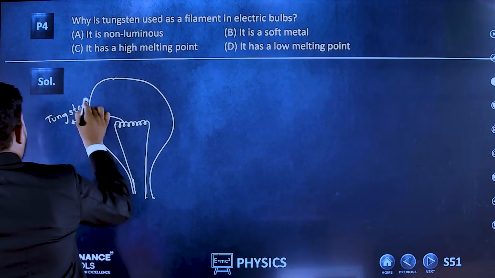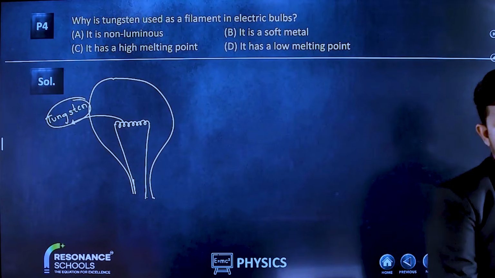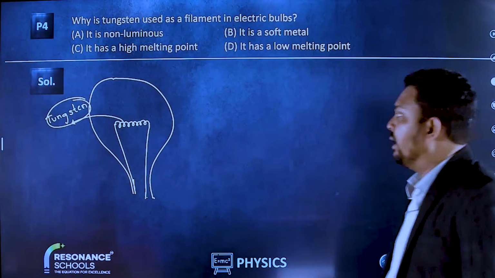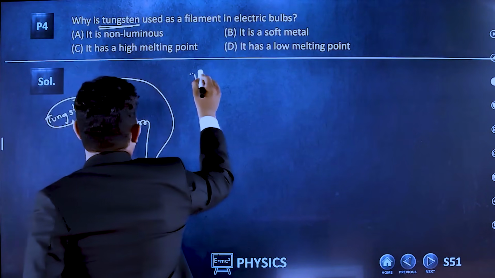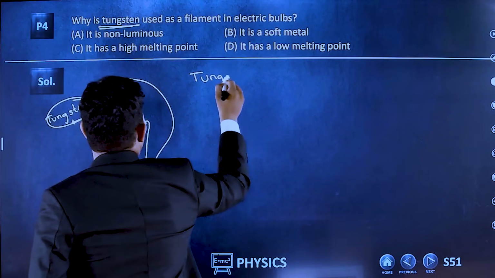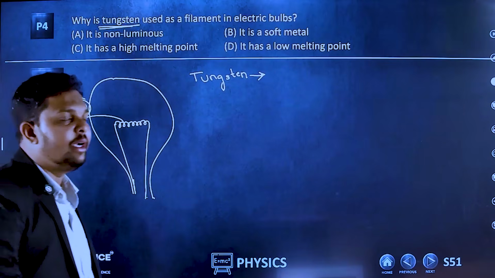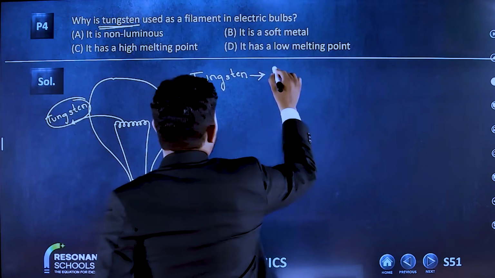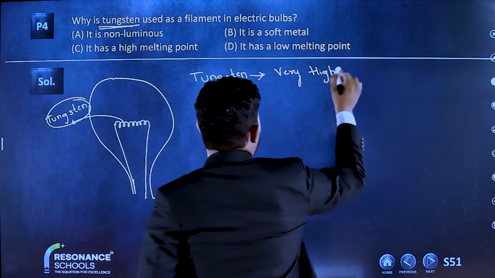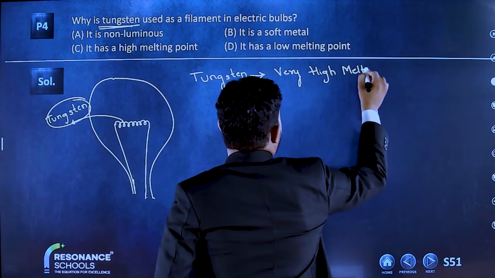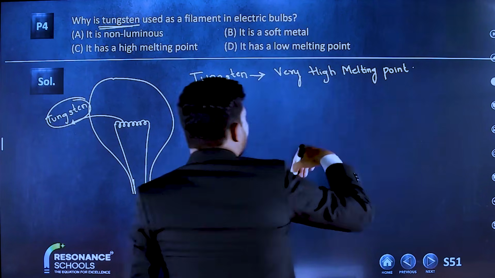Tungsten. Now the importance of this tungsten is, students started giving the answer. Very good. So now the importance of tungsten, two important points you can say here. Tungsten is a filament, or we can say an element, which has a very high melting point, and this melting point will be approximately